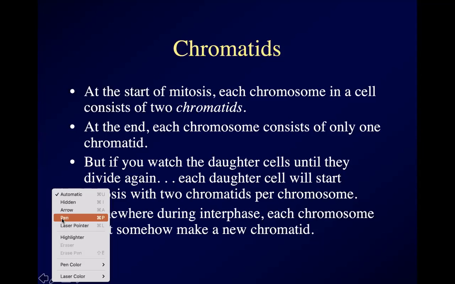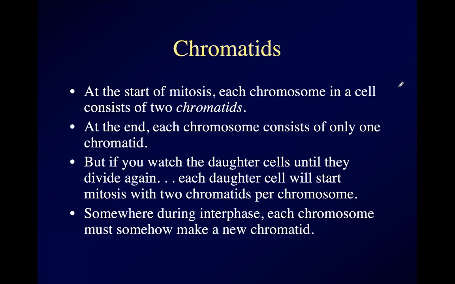So at the start of mitosis, each chromosome is going to have a centromere that connects up 2 chromatids. And at the end of mitosis, every chromosome consists only of 1 chromatid. But if you were to watch that cell divide,